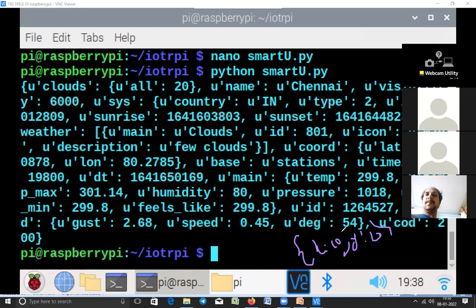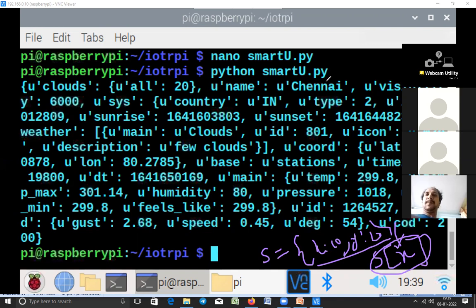To access the value of X, what you have to do is simple. Suppose S is this particular dictionary. Now we want to access the value of the key X. For that you provide S, and then in square brackets you provide the key. For example, X is a key, so S of X will give you the value. So directly you can access the values by using keys, all of you.